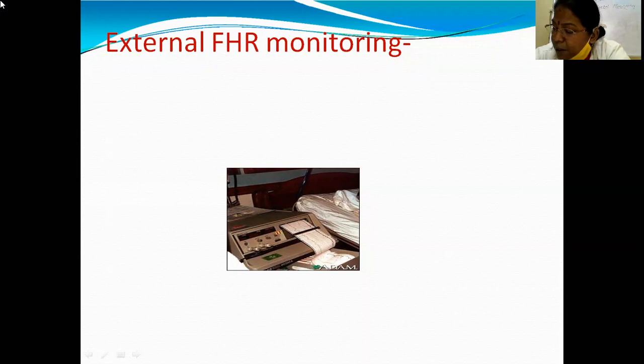So what is the recommended frequency? I already told you the NICE guidelines. They are there. So FHR is checked every 5 minutes. What are the abnormal findings? All of you know the normal heart rate is 110 to 160, and normally 120 to 160 we take as normal. Anything outside that is abnormal. For 110 to 120 we need not worry, as it can happen with a change of fetal position, but if it is less than 110 it is bradycardia, and more than 160 is tachycardia.